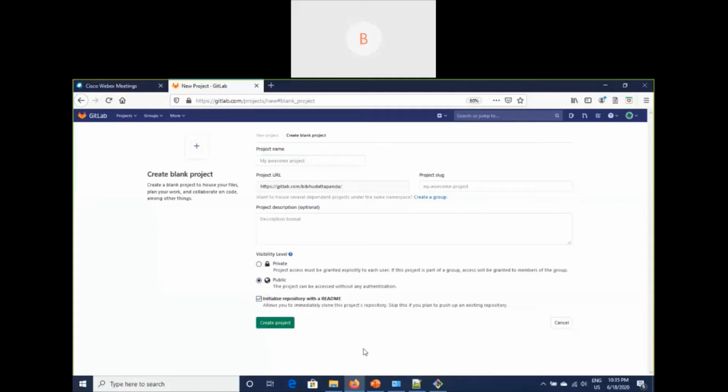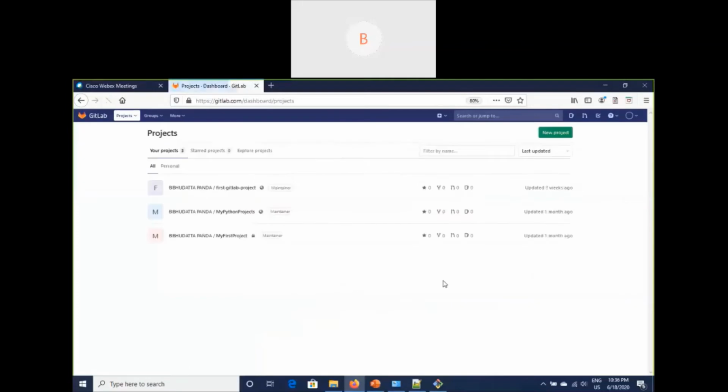Then you can enable this option so that a readme.md file is automatically created. This is nothing but the description of your project, whatever project you are going to create or enhance. You can update it in the readme file and then click on create project.